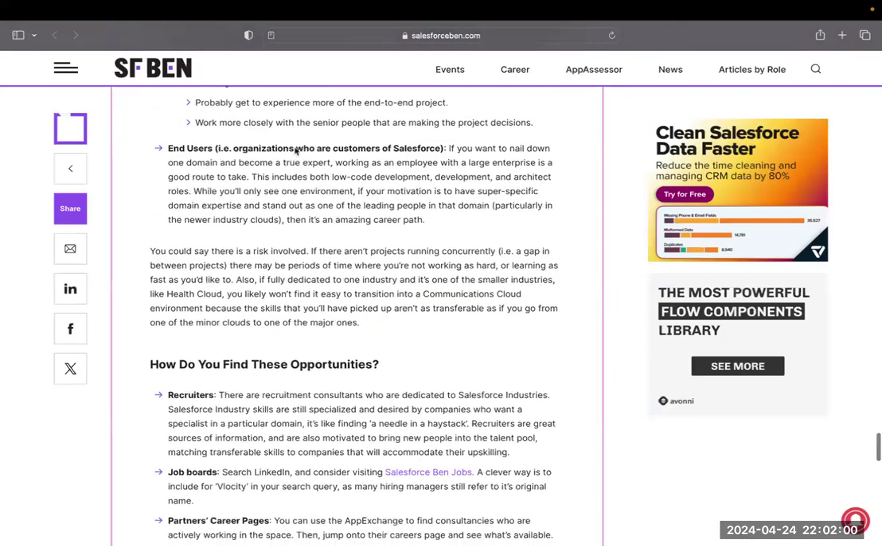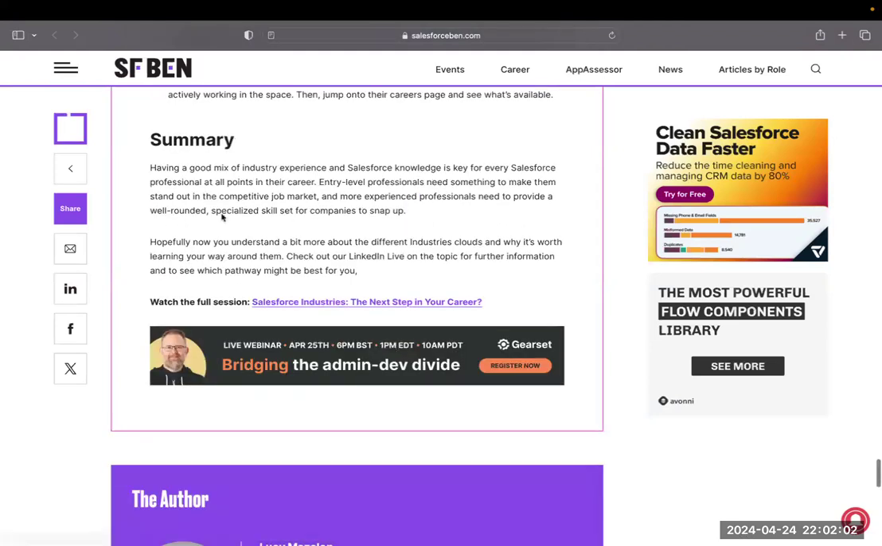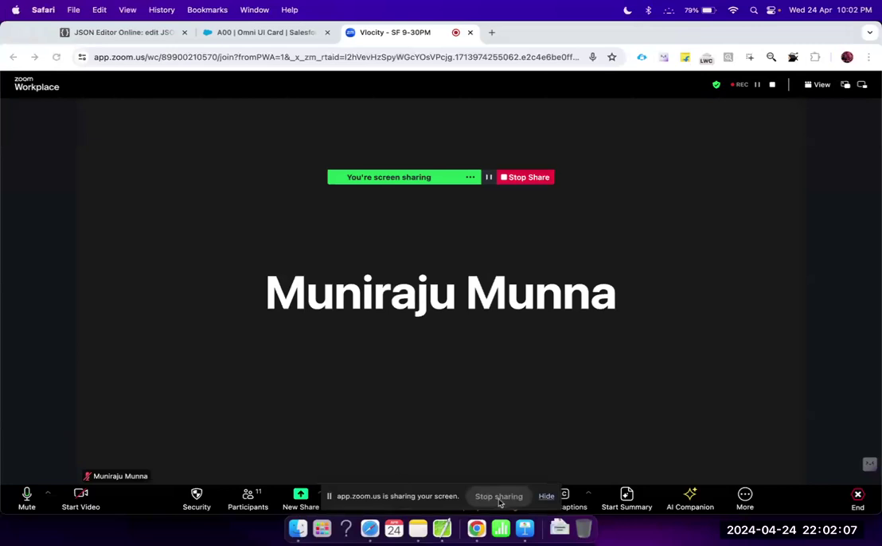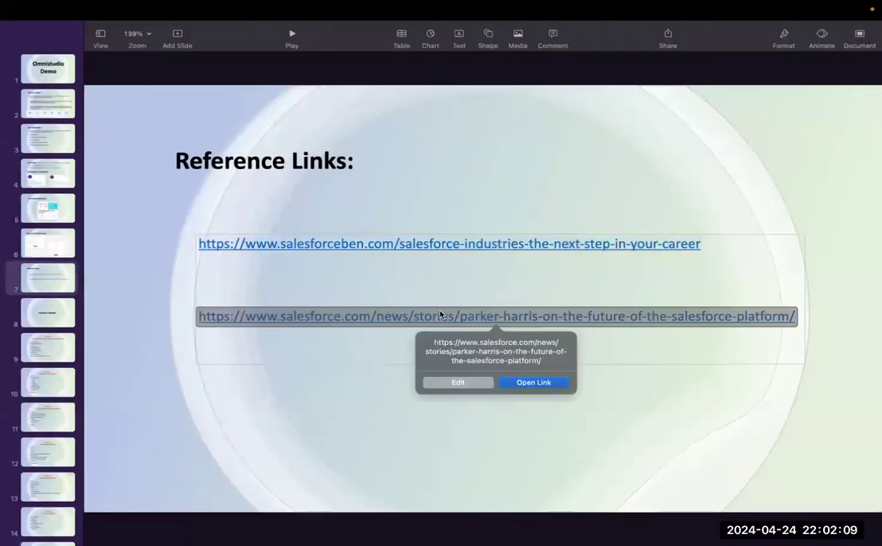So they said a lot of things about why you should learn OmniStudio. You can read it in your free time. I'm not going into detail. And I have one more link, which says